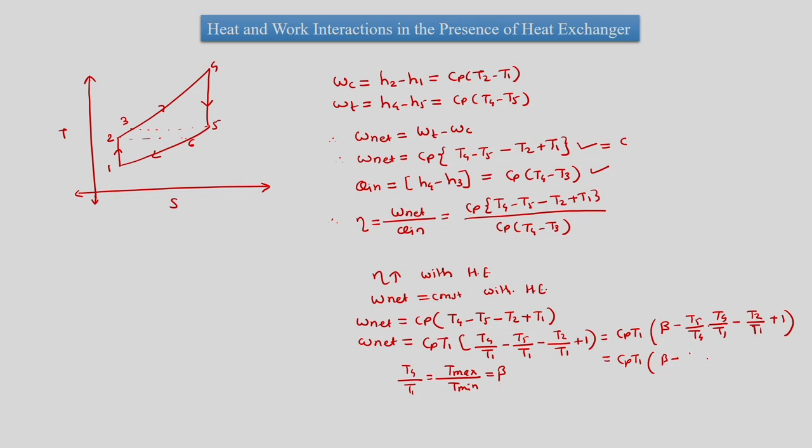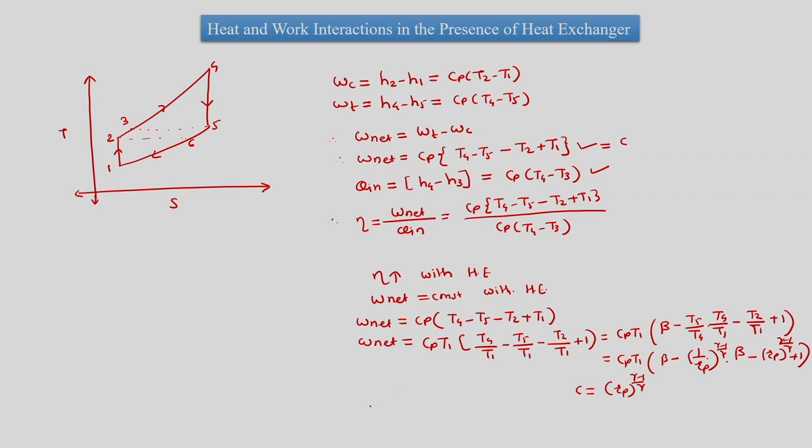T5 by T4 is 1 upon Rp raised to gamma minus 1 upon gamma, and T4 by T1 is beta, and then this is Rp raised to gamma minus 1 upon gamma, and then we have plus 1. Let us say C is equal to Rp raised to gamma minus 1 upon gamma. So we can write down